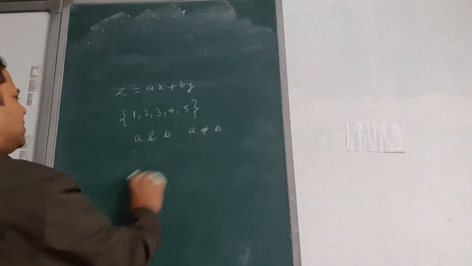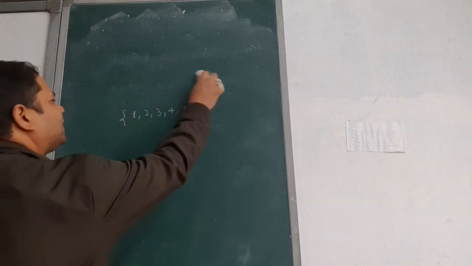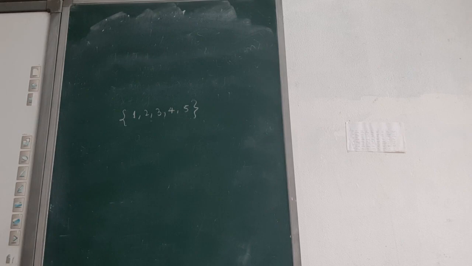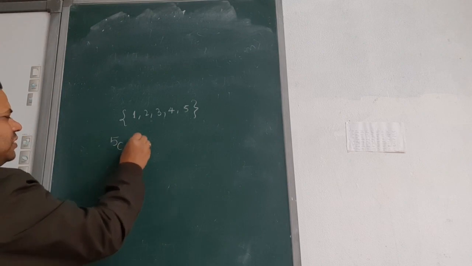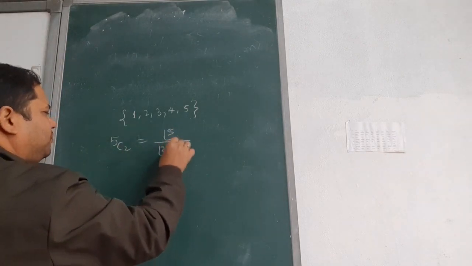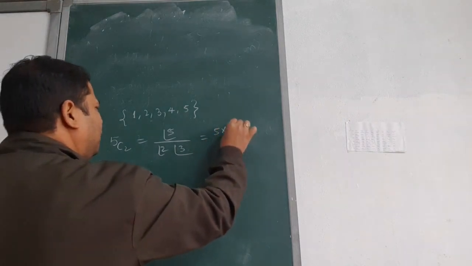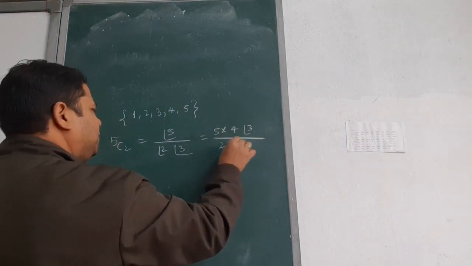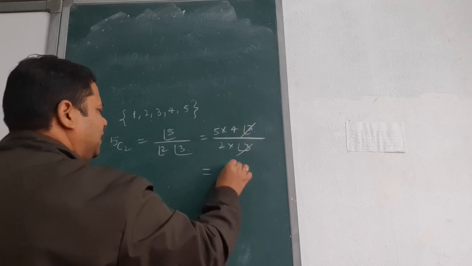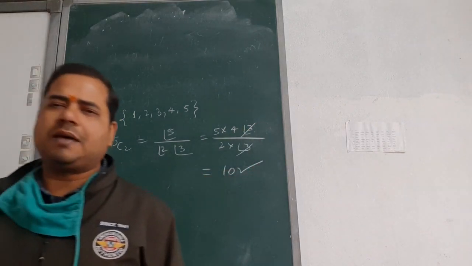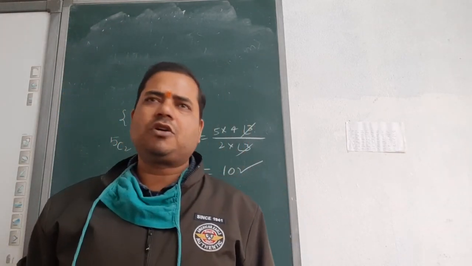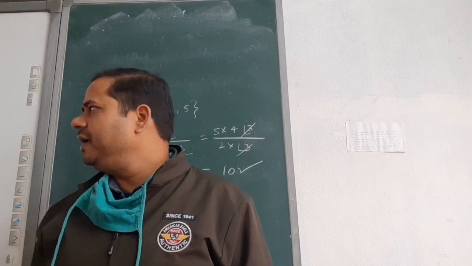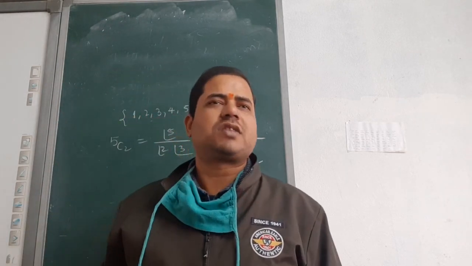So listen carefully. First of all, we find the sample space. How many elements are in the sample space? This is the selection, no? Two numbers we have to select from this set. So 5C2, which is factorial 5 upon factorial 2 factorial 3, that is 5 into 4 into factorial 3 divided by 2 into factorial 3. This cancels out to 10. 10 is the number of elements in the sample space. Clear? Why does the sample space have 10 elements? Because 2 numbers are selected randomly, so 5C2 is the sample space.